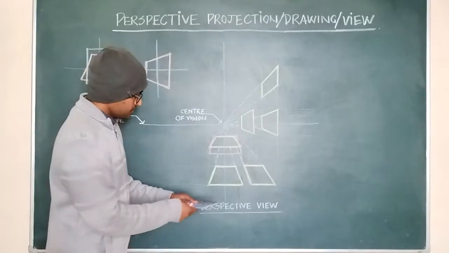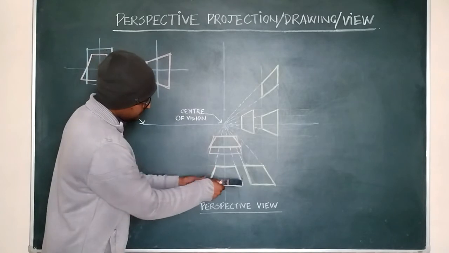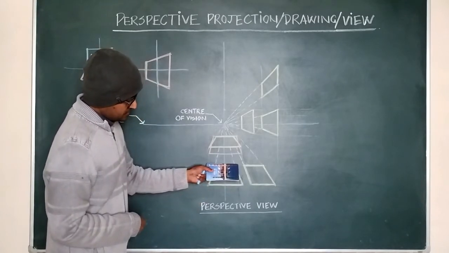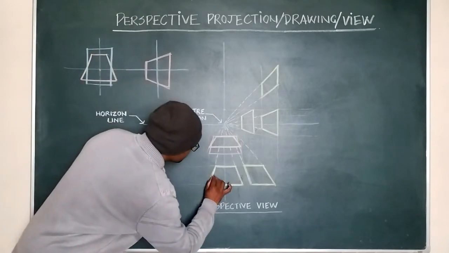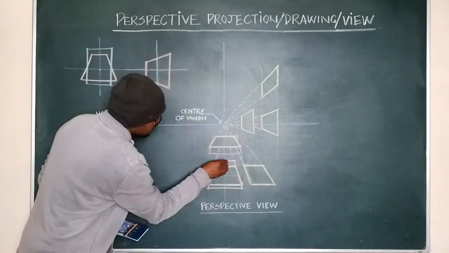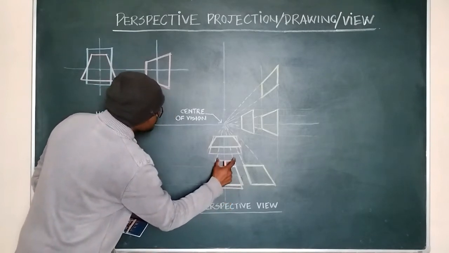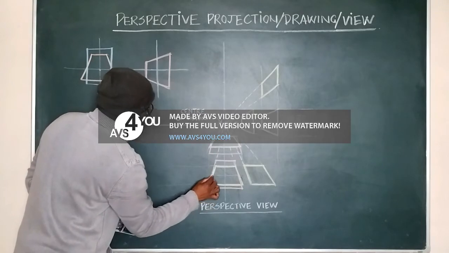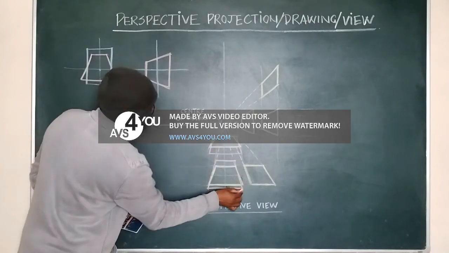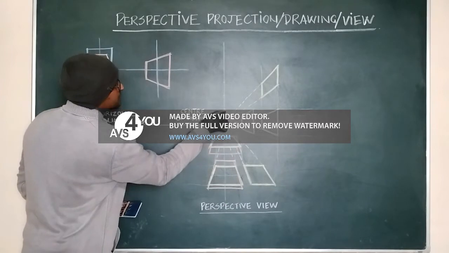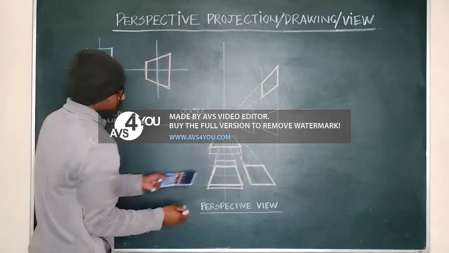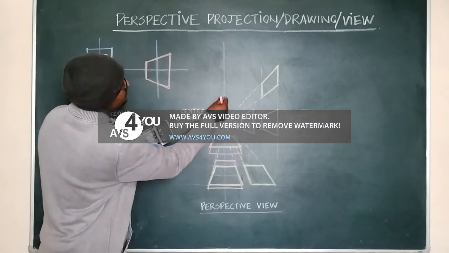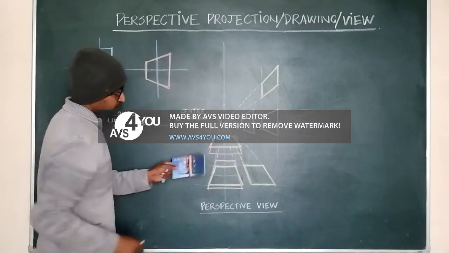Let's try again here. I am putting my plane here, not horizontal, something like this. So again here, let me draw. Now these lines are not going to merge here, it will converge somewhere here. If you project this line and again this line, this is going to merge somewhere here. Again if I rotate a little bit more, the convergence point will be somewhere here, here and here based on the angle